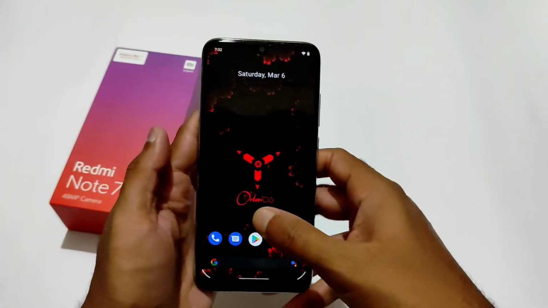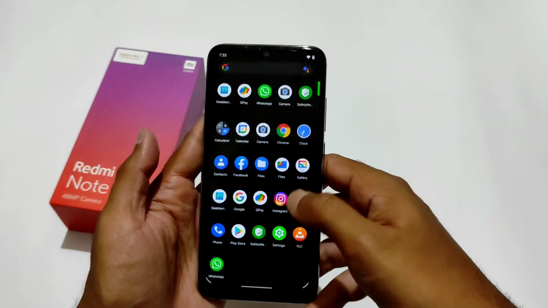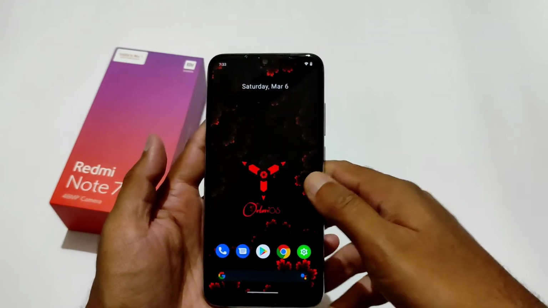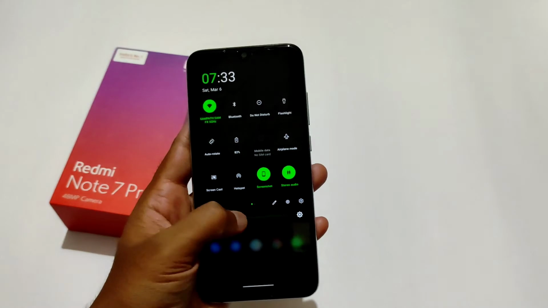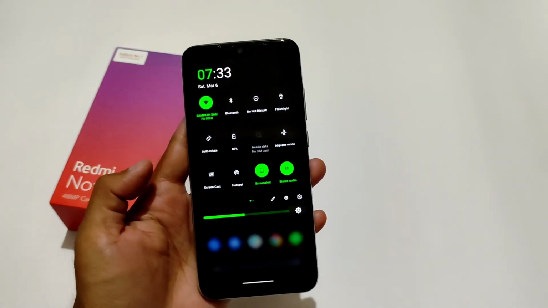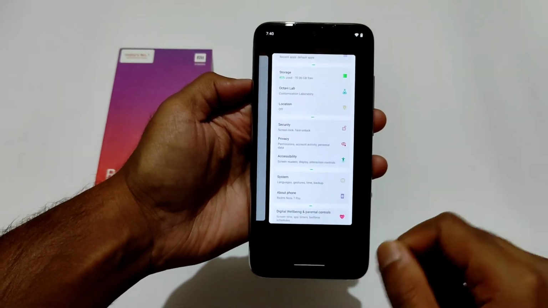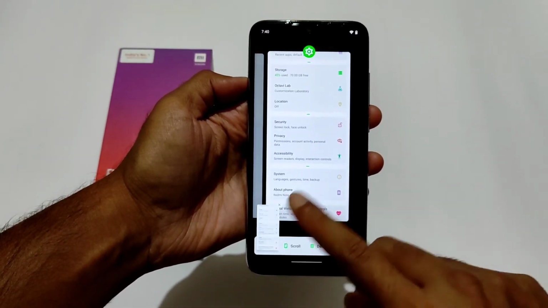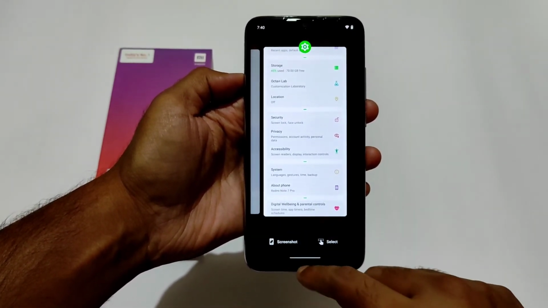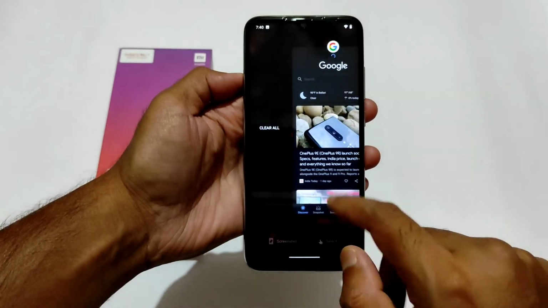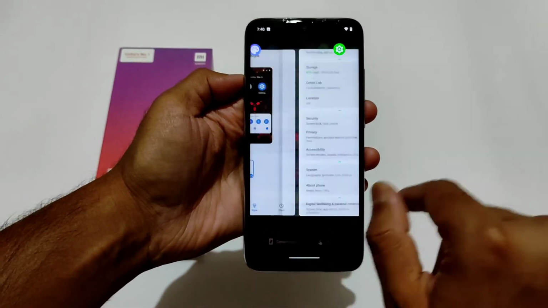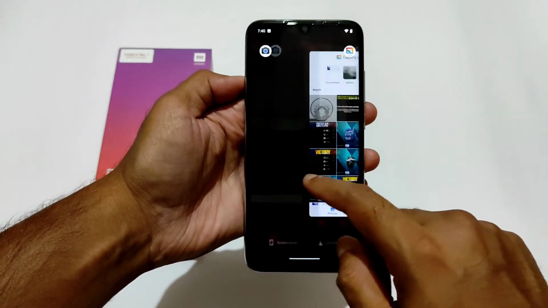I already played some games but did not include it. It's already lengthy. It's fine. You can use it as a gaming ROM also. It's fine, no problem. This is a very good ROM. If you have any questions, this is how the screenshot has been taken, as you can see. And this is the RAM management and scrolling between the apps, multitasking, everything is fine.